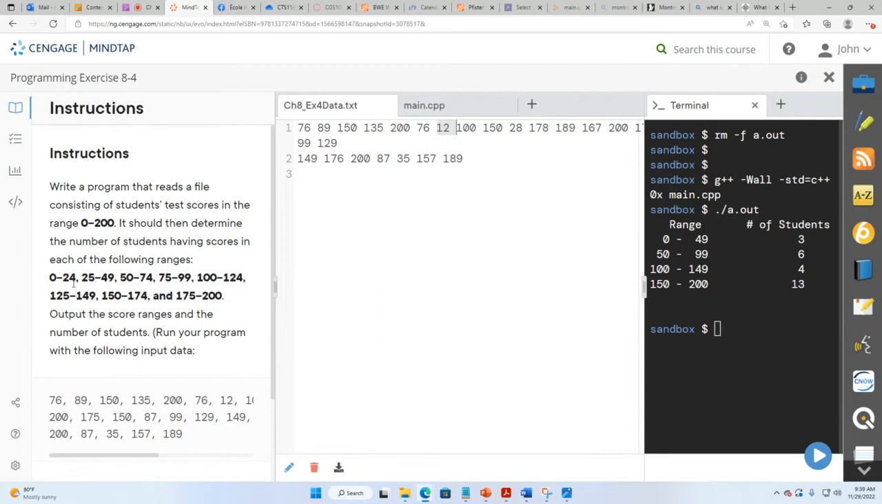All right, so there's 0 through 24, 25 through 49, 50 through 74, 75 through 99, 100 through 124, 125 to 149, 150 to 174, and it does officially go to 200, so technically it's 201. So this one is 26 as a range, 175 through 200. All right. So that's the data file, chapter 8 _ ex4